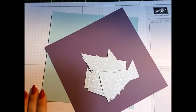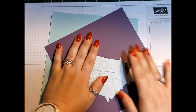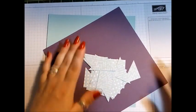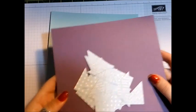And today what we're going to make is an exploding box card, okay, and it's going to hold a candle as well, and I'm using Pool Party and Perfect Plum for that. So you're going to need